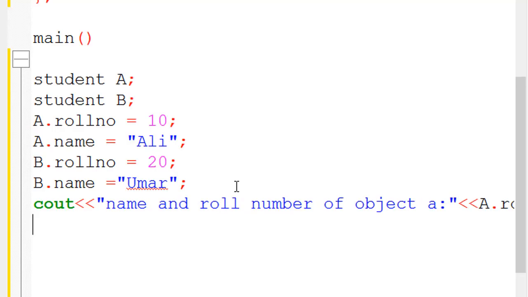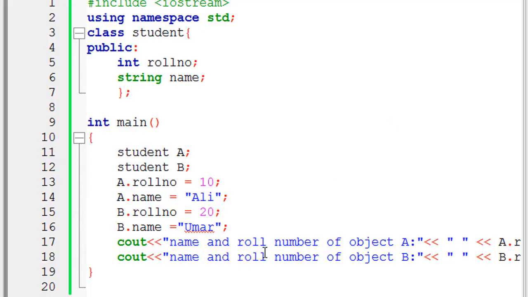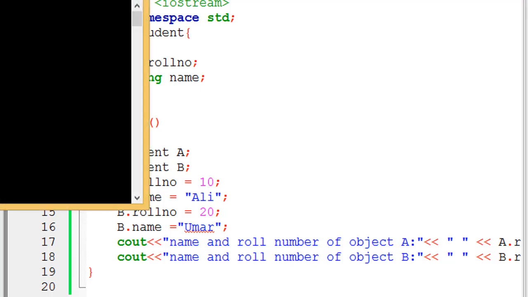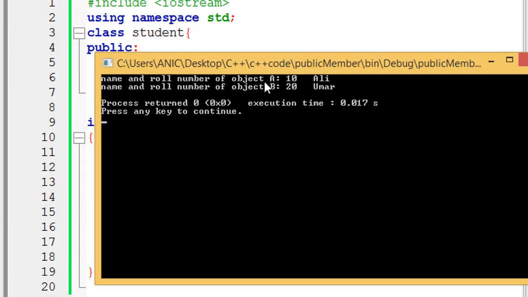The same print statement we will use for object B, but we have to amend the entries: the second object is B dot roll number and B dot name. So let's compile it. We compile it and there is no mistake, as you can see. Now we print. Here is the output: name and roll number of object A, that is 10 and Ali, name and roll number of object B, that is 20 and Umar.